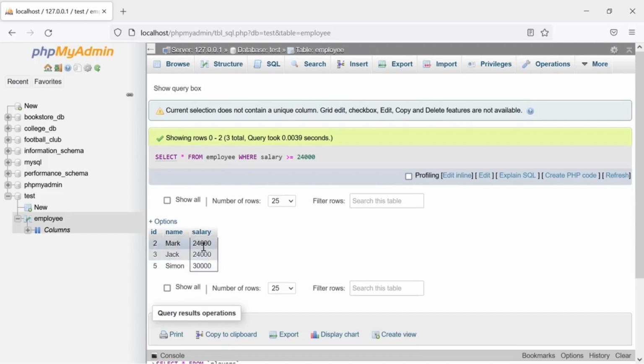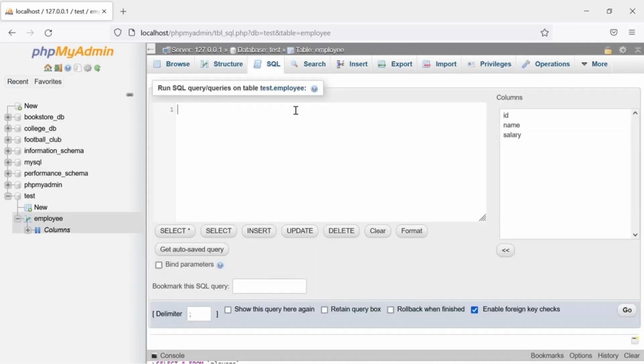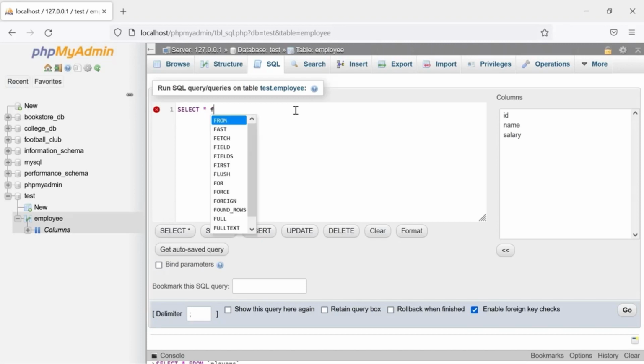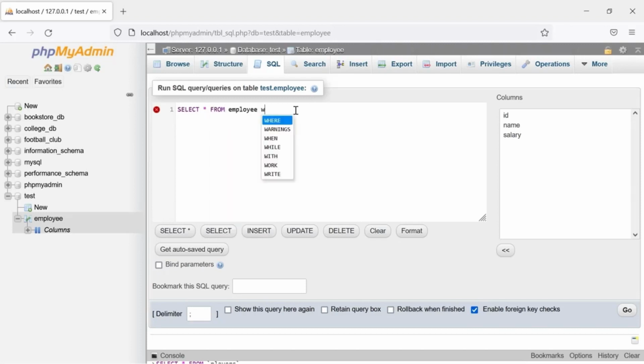more per year. The final comparison operator available in SQL is the not equal to operator. In this final example, the employer wants to know which employees receive a salary that is not equal to $24,000 per year. I can determine this using the following SQL code: select asterisk from employee where salary. Then I type less than and the greater than symbols to denote the not equal to operation, and then I type 24,000. As with the previous operators, the SQL statement utilizes the operator to check the values stored in each